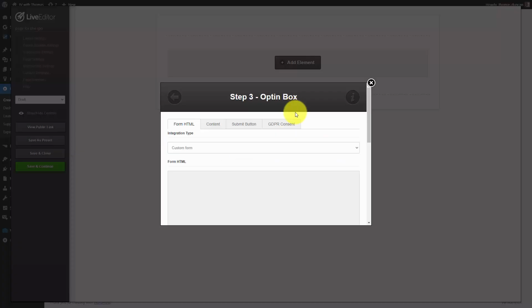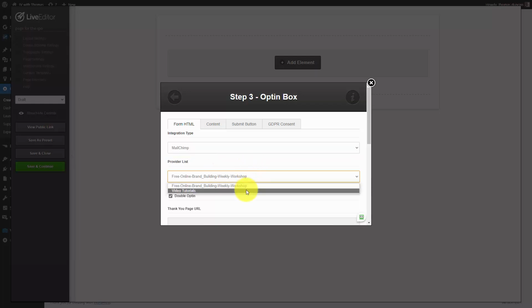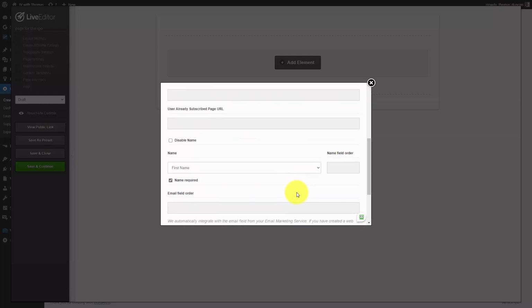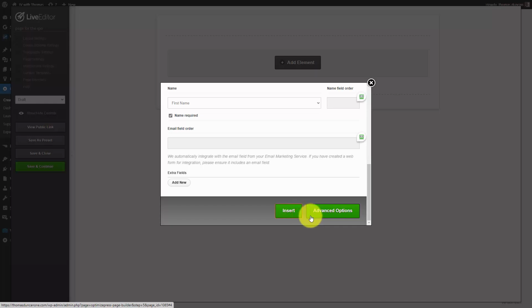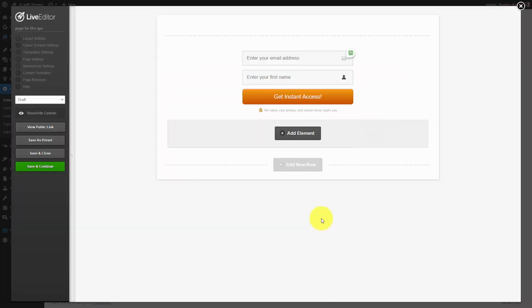Now if these options fail, what we can do is to place an opt-in box inside of our member area on the page where the individual is going to be when they are using the product. In this case, you'll notice that our autoresponder is integrated already. That means we can choose a specific list, and when the individual chooses to place their name and email address in, they're going to be added to the list that we specify. And this is something that you can do inside of any page that you